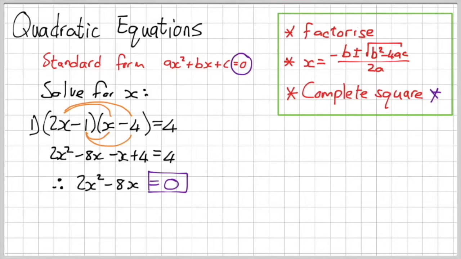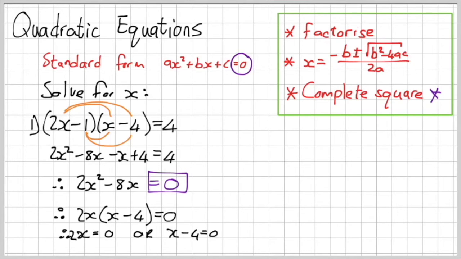We have equal to 0. So in other words, I'm going to now factorize. So I'm going to take out a 2x common, leaving me with x minus 4 in the brackets. And because of the 0 product rule, I've got now 2x equal to 0, or x minus 4 being 0. Now, if you forgot about the 0 product rule, the 0 product rule is a simple little rule that says